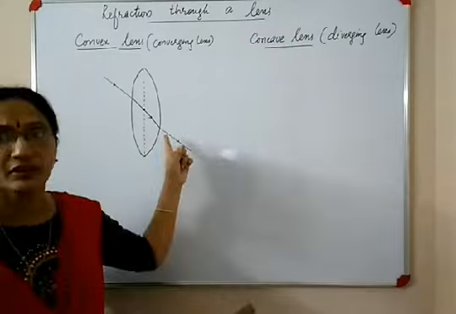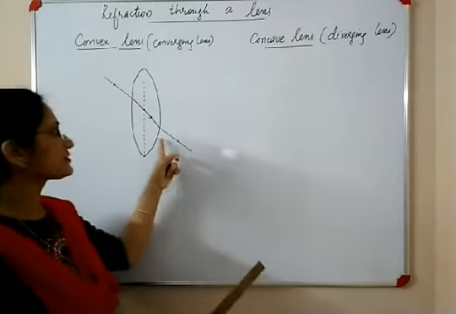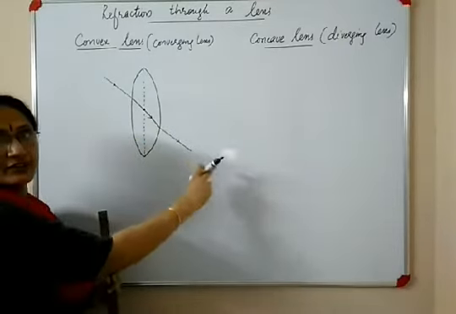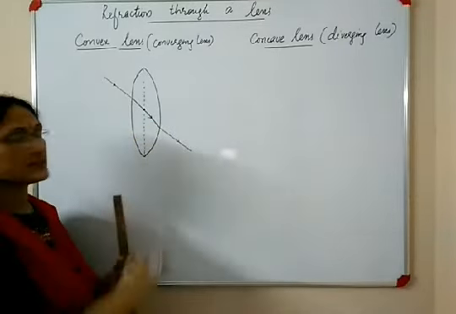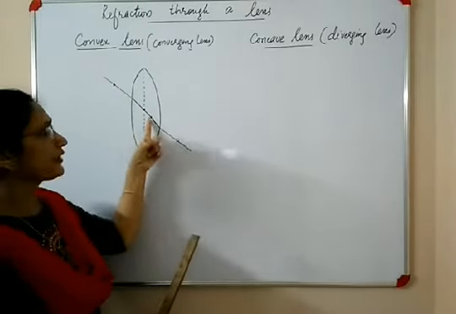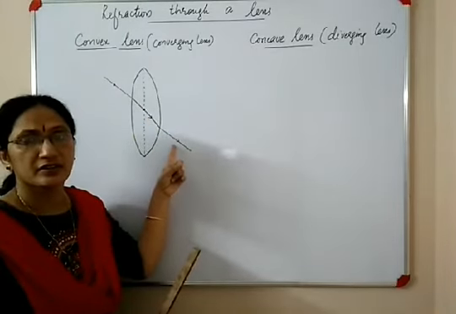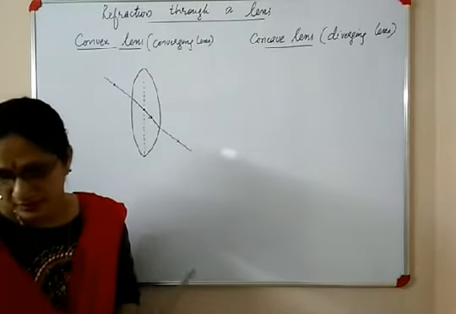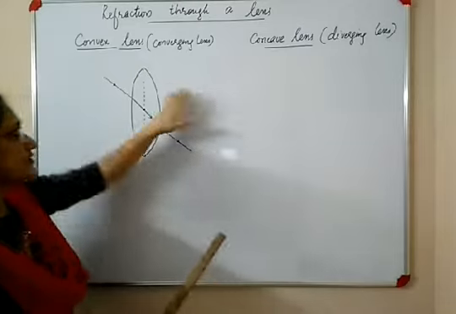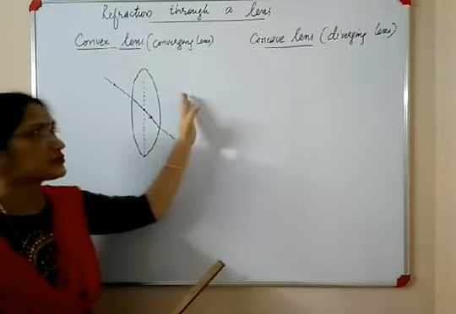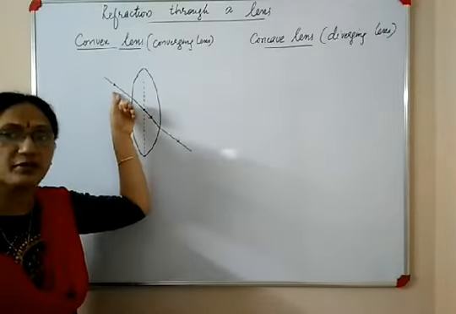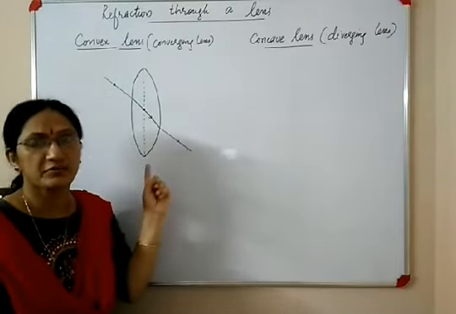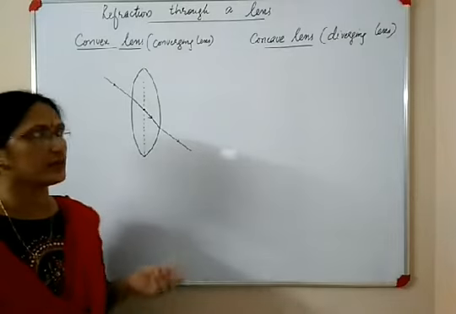Look at the diagram. Here I have shown a convex lens. An oblique light ray passes through the lens and comes out. The names given to the rays are incident ray, refracted ray and emergent ray. Here the lens is made of glass and the surrounding medium is air. So this incident ray is in the air medium. While entering from air to glass, it undergoes refraction. You have studied it in the previous chapter.